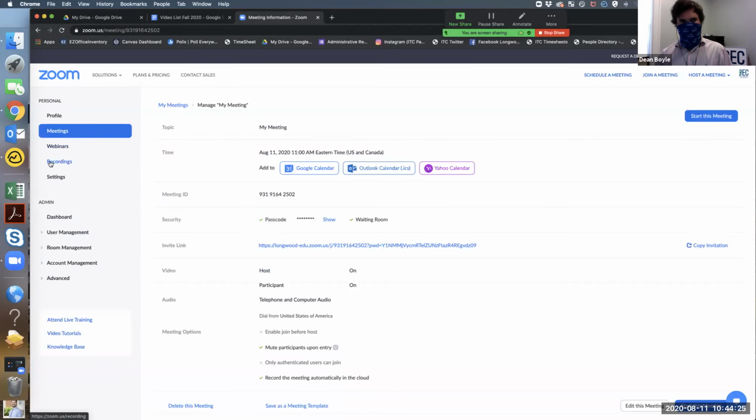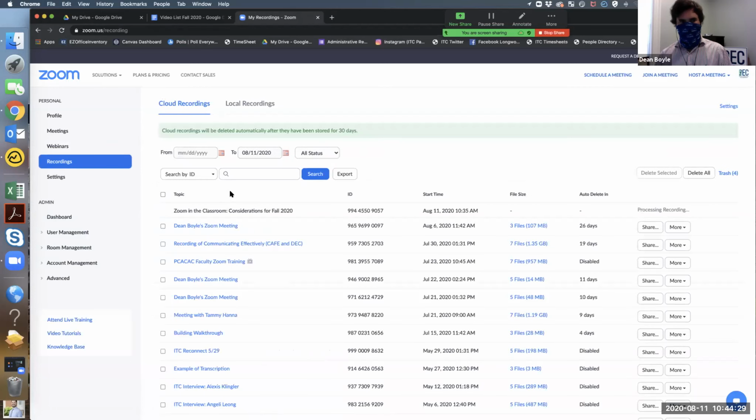Once you've done that and your session is over, you can look over on the left-hand side of your screen to the recordings tab and you will see all of your cloud recordings that you have associated with your Zoom account. Please note this column here that there is an auto delete for all Zoom cloud recordings for 30 days,